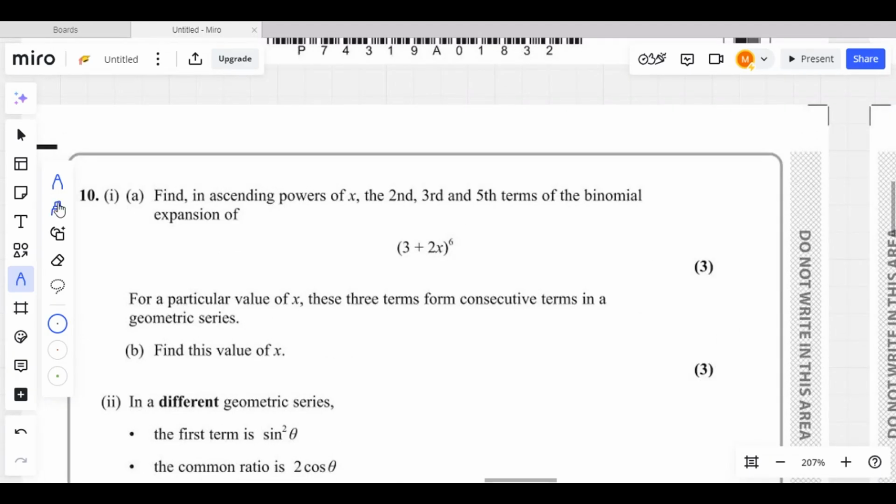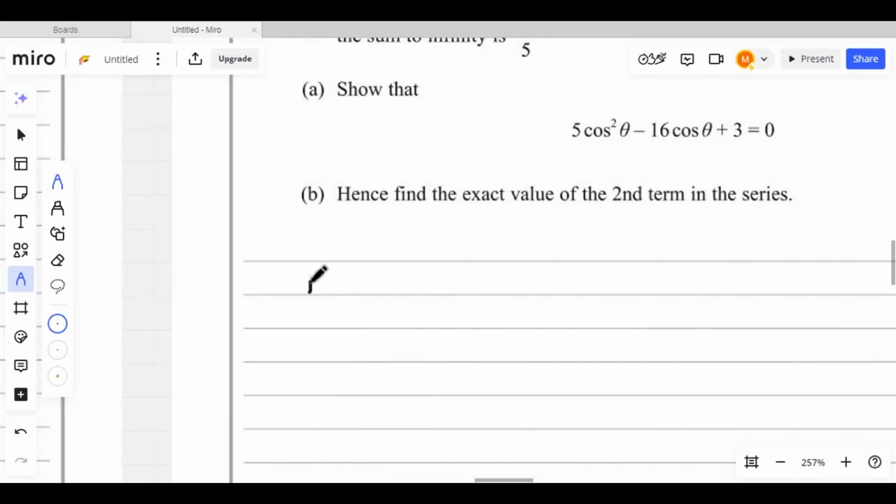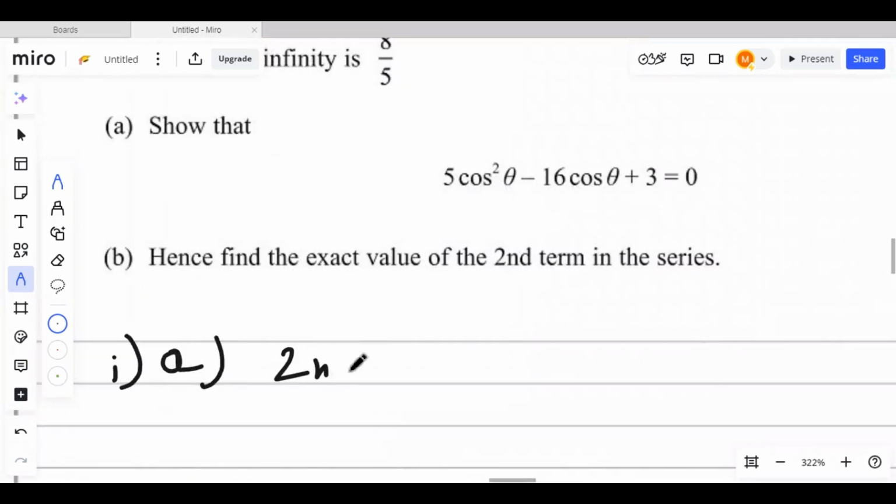Find in ascending powers of x the second, third, and fifth terms of the binomial expansion of (3 + 2x)^6. Okay, so we need to find out the second, third, and the fifth term for part 1a. We need the second term, right? So for the second term,